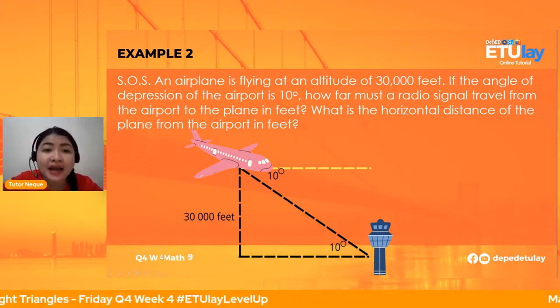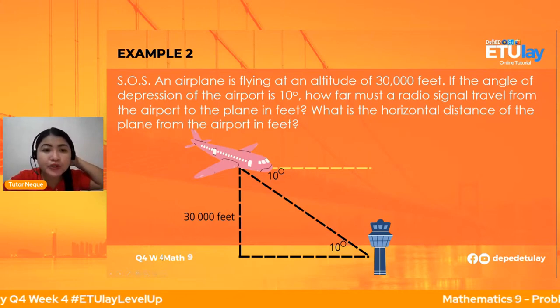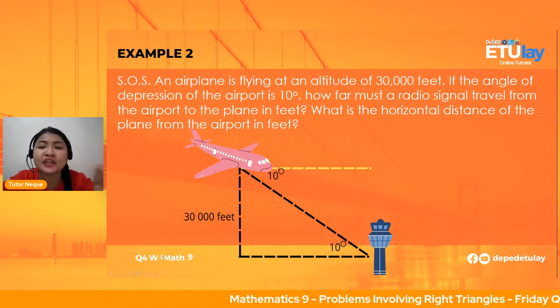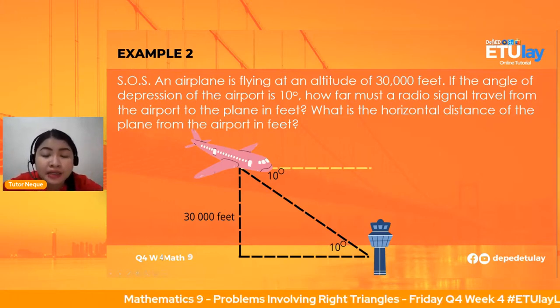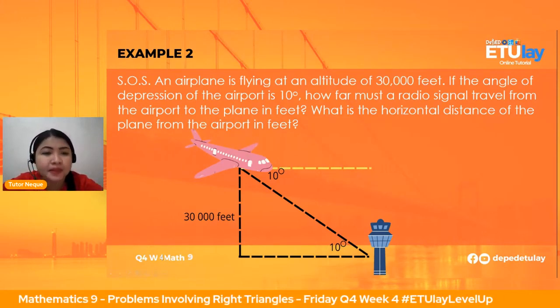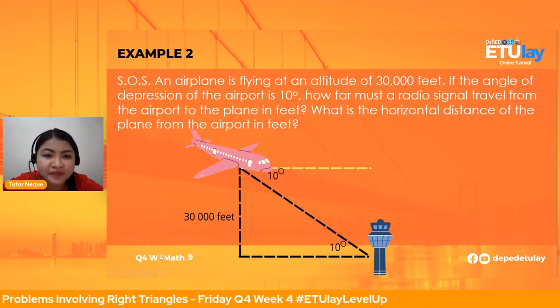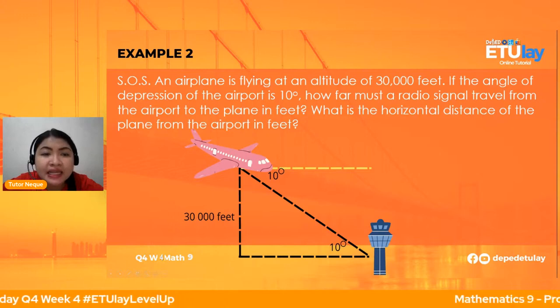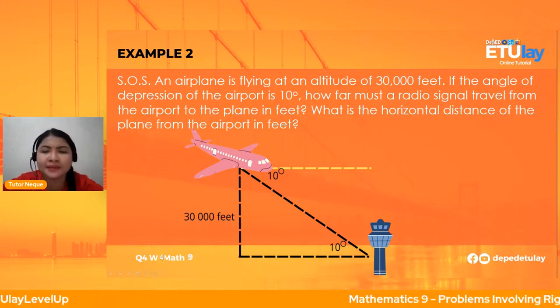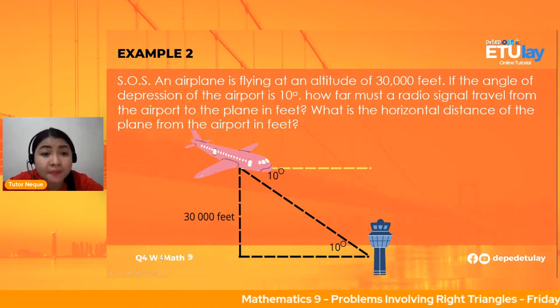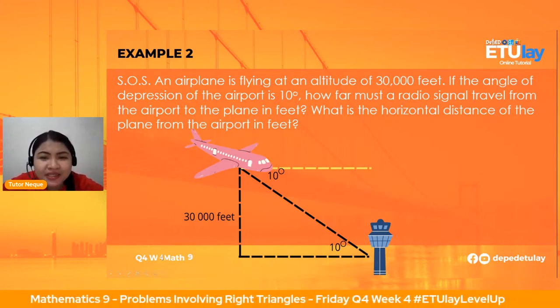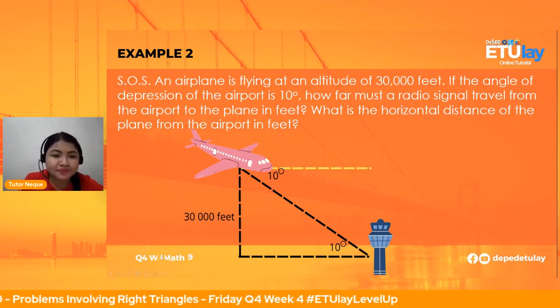So, if we have the angle of elevation, we also have the angle of depression. Angle of depression is equal to angle of elevation. Alright, so we have 30,000 feet. Pero ang tinatanong, horizontal distance of the plane. Meron bang iba't ibang way para ma-solve ito? Yes, you can actually use our